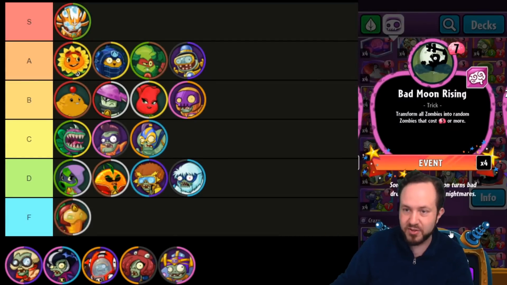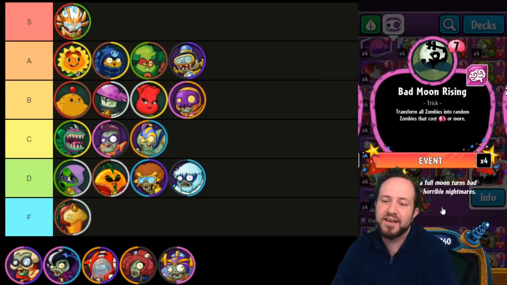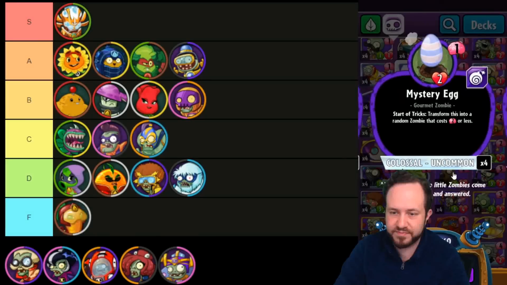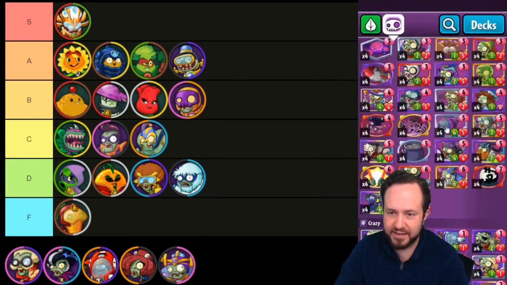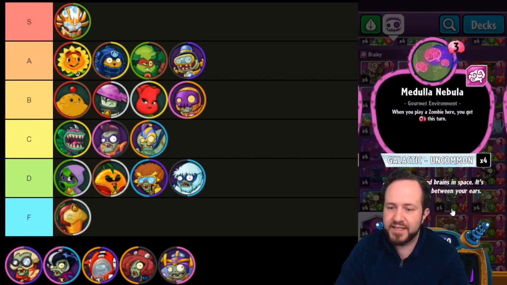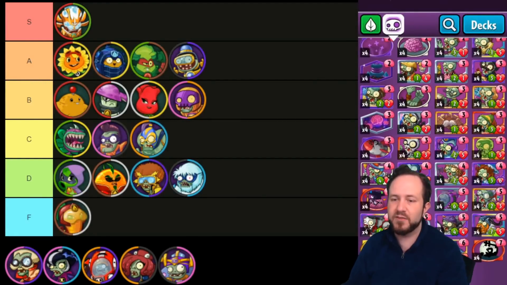You play Egg into Nebula, gives you 1 extra brain, then it hatches, get 2 extra brains. Really one of the only ways of getting 3 extra brains in a turn. So that would be the Mystery Egg, sticking that into a Nebula. All right. It just feels like Brainstorm just opens up because of the teleports and the way it combines with